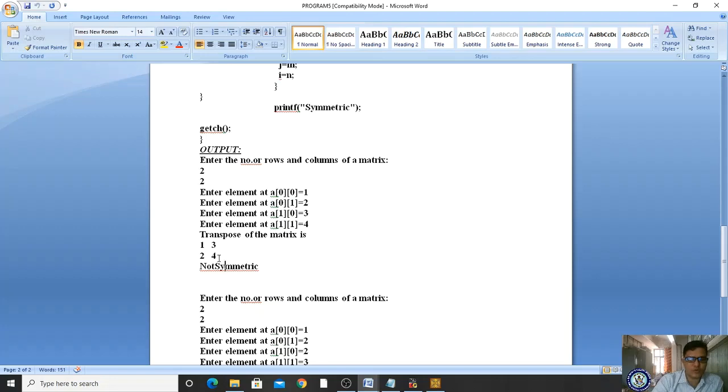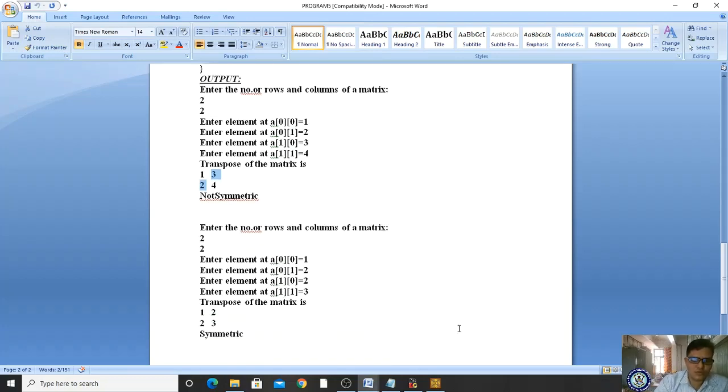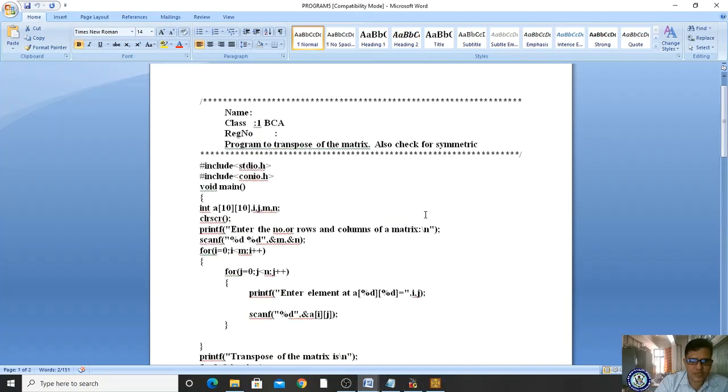Rows become columns, columns become rows. So if the principal diagonal is the same, then it is called symmetric. Otherwise it is not symmetric.